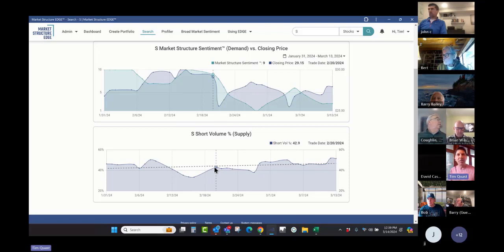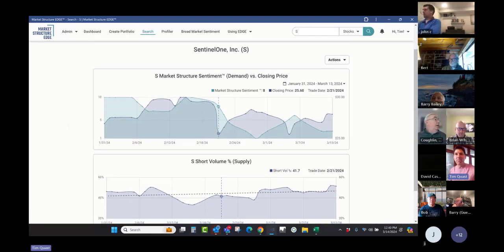And then Palo Alto Networks reported results in here, and they're in the same group. And look what happened to Sentinel-1. Now I still own it. I should have been out, right? I could have put protection in place there too. I don't often, unless I'm particularly concerned. Was I? No. But now what do you do? Because now you have two choices. You either take the loss, which you can do, or you could calculate the probability that you might get most of it back.